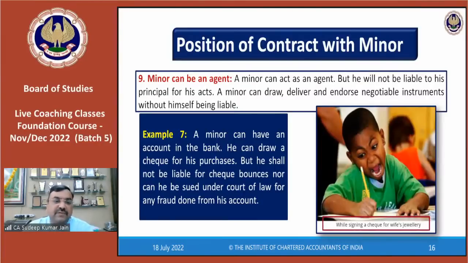A minor can have an account in the bank. He can draw a check for his purchases, but he shall not be liable for check bounces, nor can be sued under the court of law for any fraud done from his signature. Minor चेक साइन कर सकता है, बट अगर चेक बाउंस हो जाता है तो उसमें माइनर की लायबिलिटी नहीं आएगी, ये लॉ कहता है। राइट बच्चों।